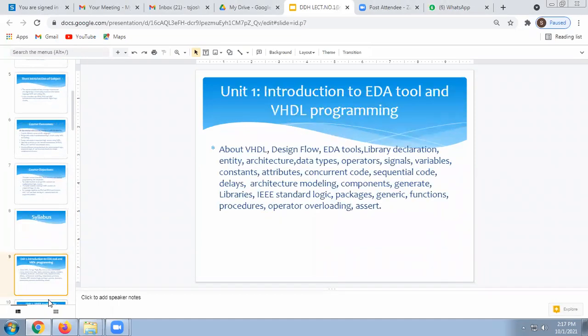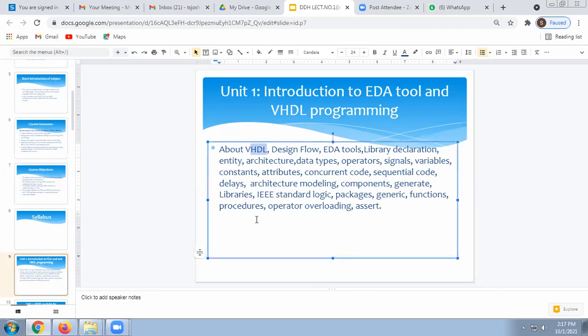So next, we go towards our syllabus. Here, this is our syllabus. Our first unit is introduction to EDA tool and VHDL programming. Here, we are going to study about VHDL. What is this VHDL? Yes, I told you the long form of HDL, that is hardware description language.